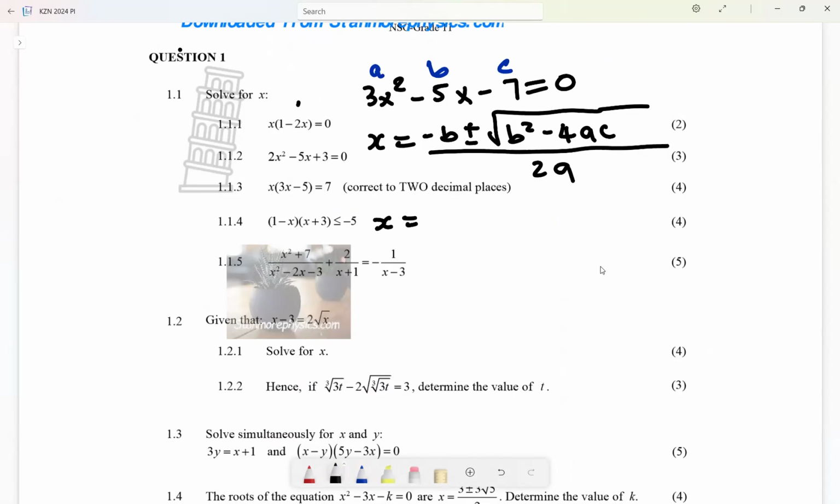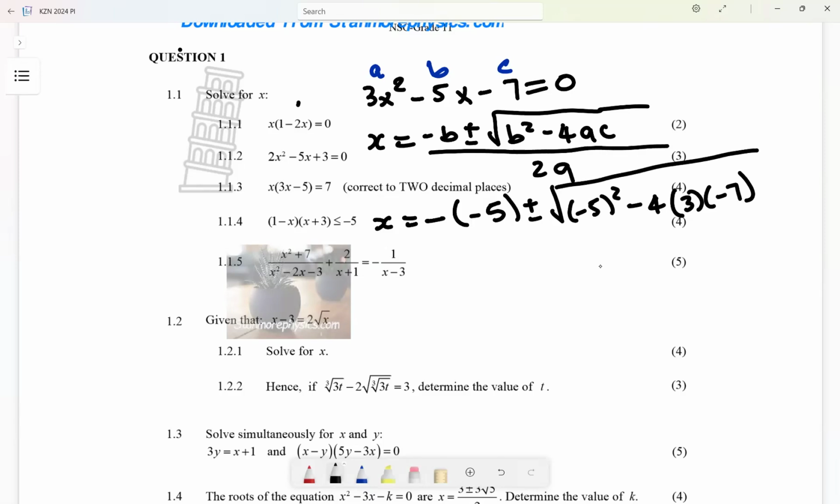Okay, good. So yes, I have negative. What is b? B, it is negative 5. Plus or minus square root of what is b? B is negative 5, squared, minus 4. What is a? A, it is 3. What is your c? C, it is negative 7. Divided by,